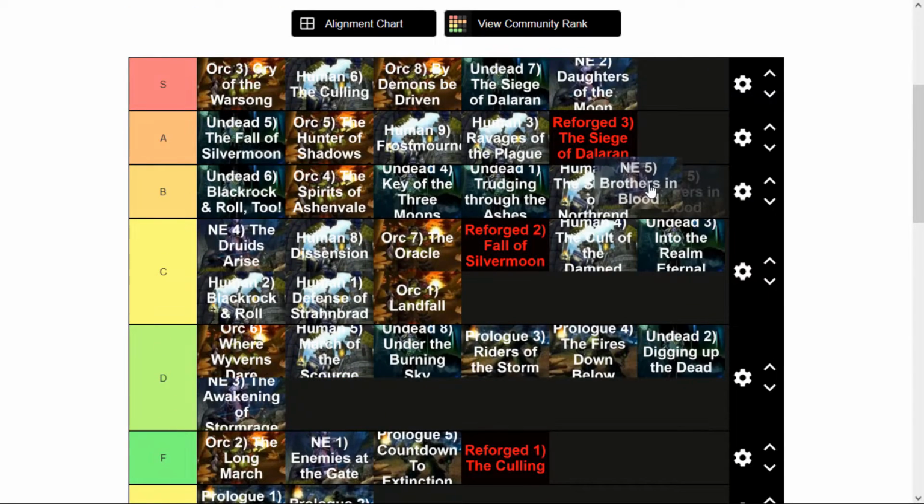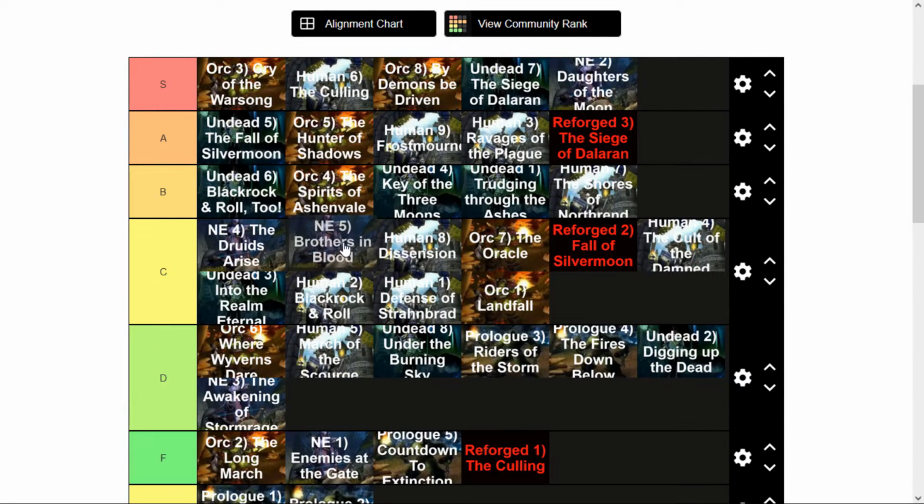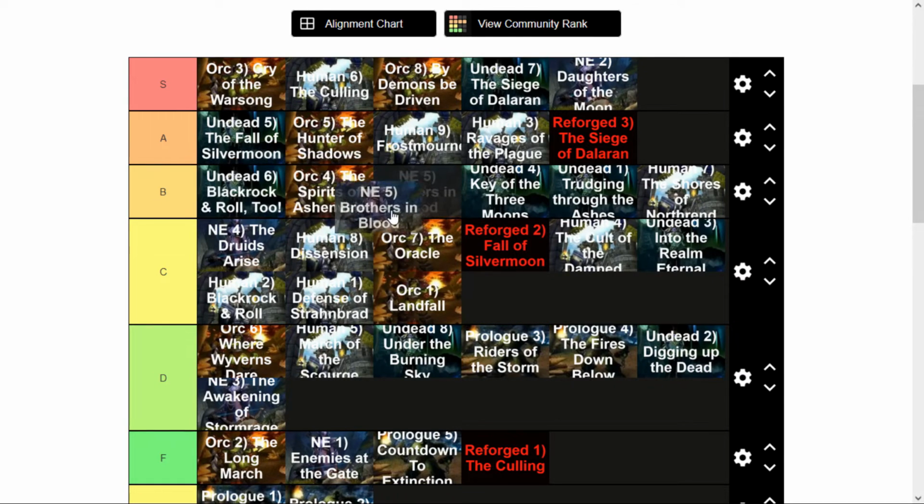Brothers in Blood is another no-build mission. This time, it's not nearly as good. I'm actually going to put it above Trudging Through Ashes. You fight a whole bunch of things. You get separated,